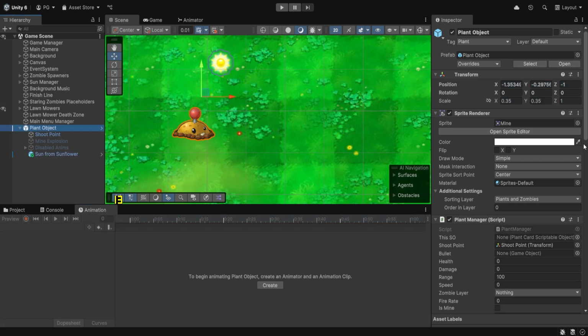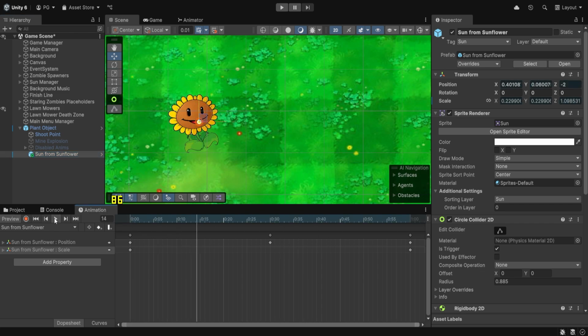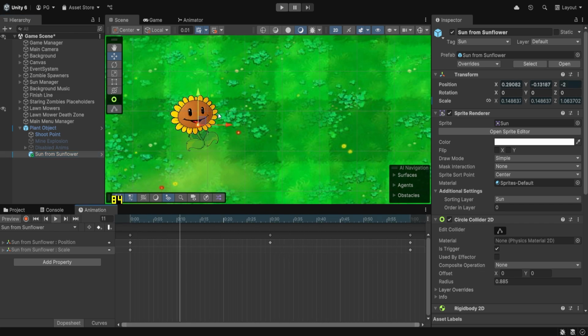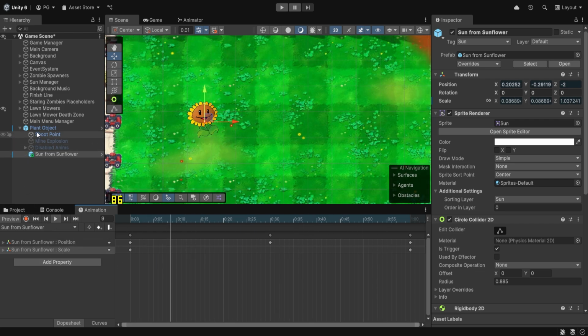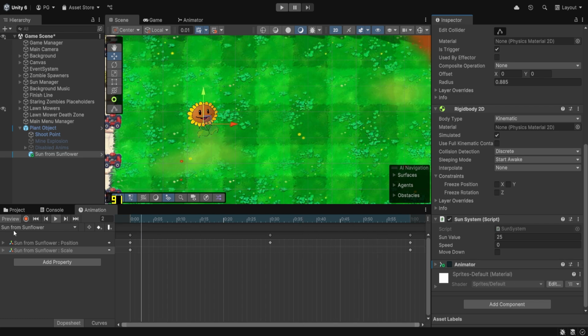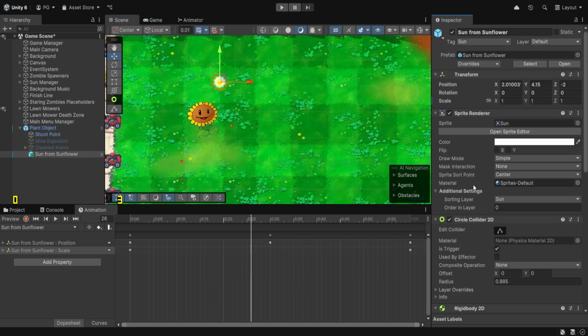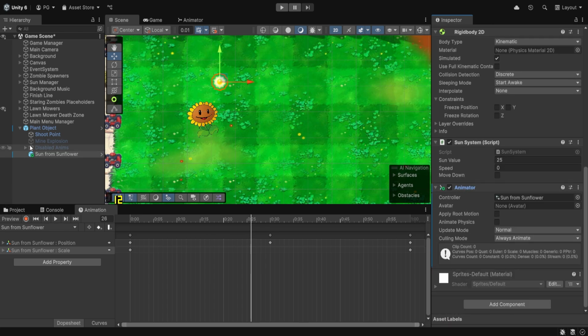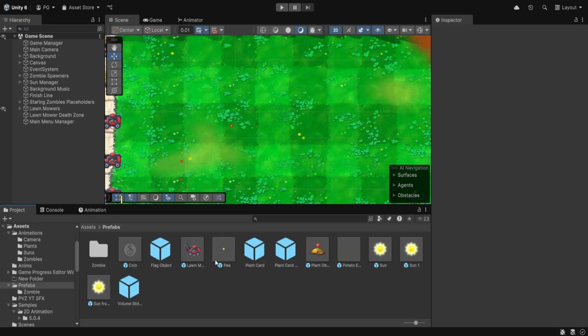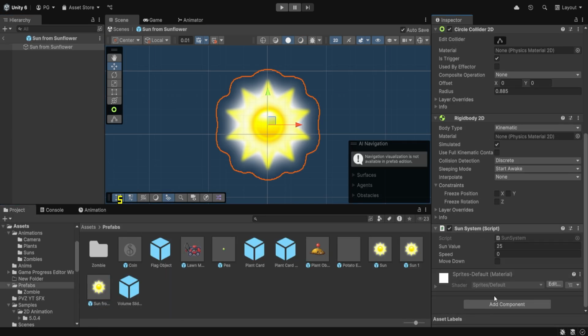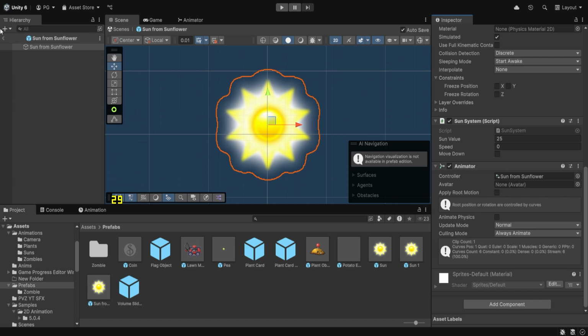And let's just try and put a sunflower and see how it shows here. So this is our sunflower. And let's just take this. Great, as you can see, it's quite nice. And now we can come here, overrides, and click on, oh wait, let's just undo this. Let's actually copy that component. Let's just delete this, save it, and let's just open sun from sunflower and paste it here, save it, and